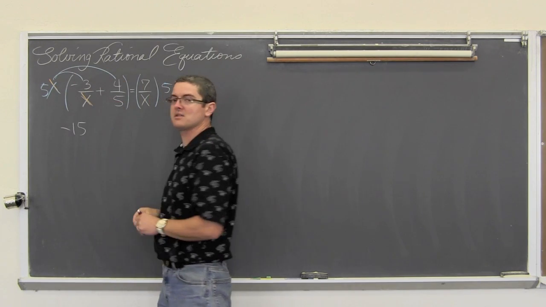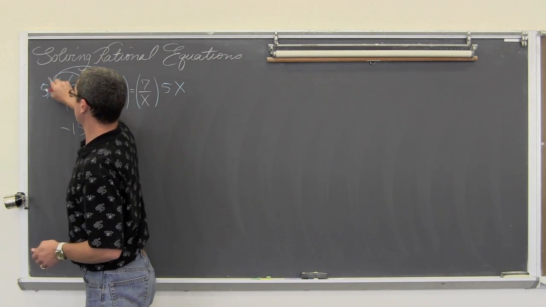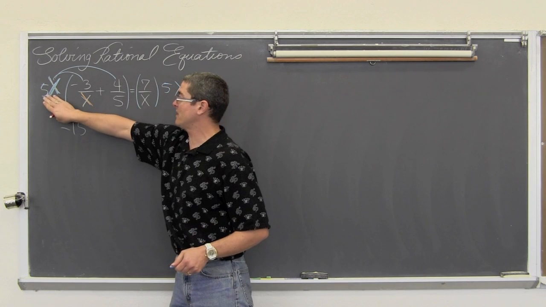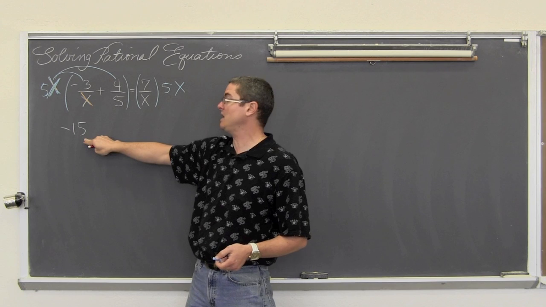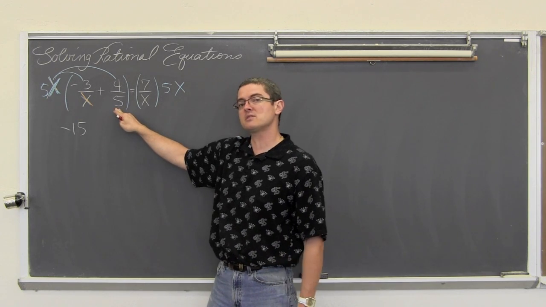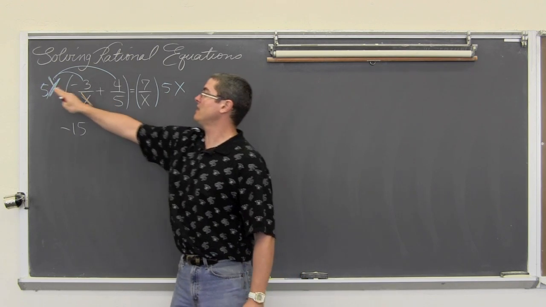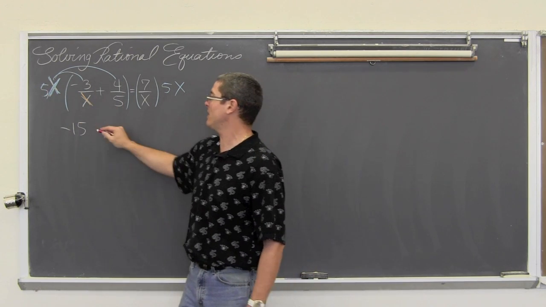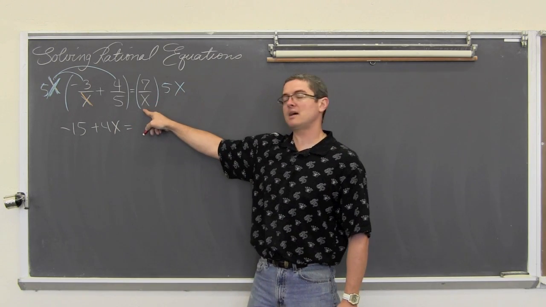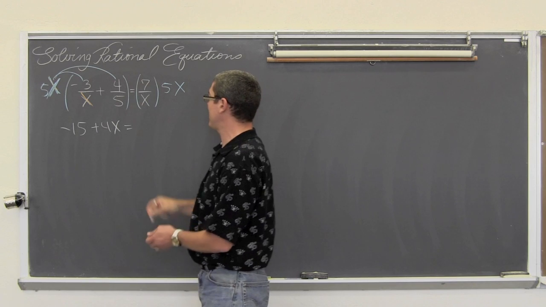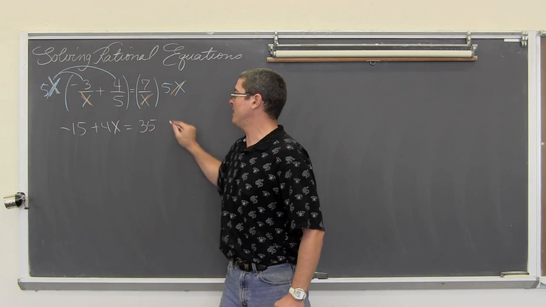Now this time when we cancel, I showed that cancellation of x. I probably shouldn't have done that because every term is going to be different. So when we did 5x times negative 3 over x, the x's are what cancels out, giving us negative 15. And then when 5x gets multiplied to the second fraction, it's that denominator of 5 that's going to cancel out, leaving us with just x times 4. So we'll have plus 4x equals, now 5x times 7 over x. This time we just have the one term, so the x's are going to cancel out, and we get 7 times 5 is 35.